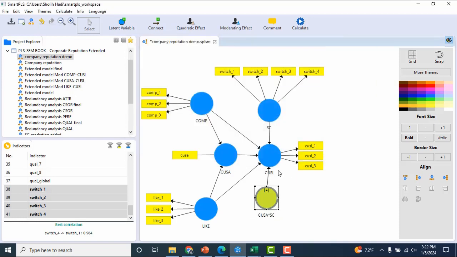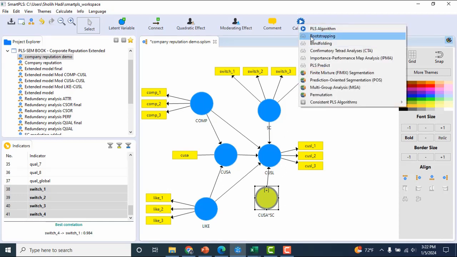Okay, and we want to analyze whether the switching cost can moderate the relationship between CUSA and CUSL. Okay, I will try to calculate.